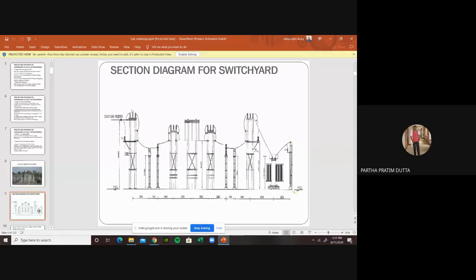And then there is an isolator. This isolator is basically the main isolator of the substation. This is the main isolator of the gantry. We have shown the picture of one bay. There may be several bays for several transformers. So this bay transformer isolator basically isolates the entire 33 kV feeder for this particular bay.